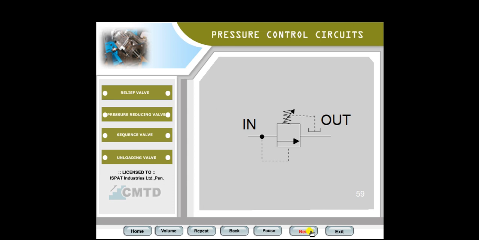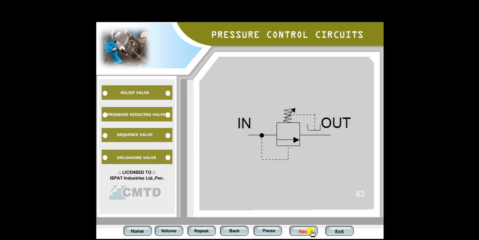This is the symbol of a sequence valve. It is a normally closed valve. There is no oil flow through the valve in normal condition. Hence, the arrow does not connect inlet and outlet lines. There is a spring with adjustable tension.